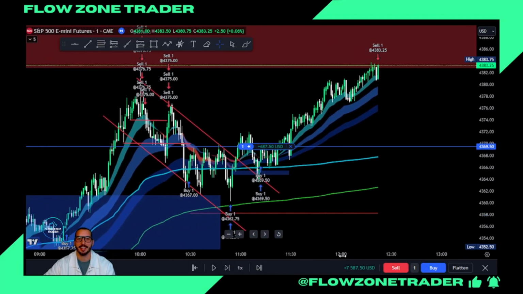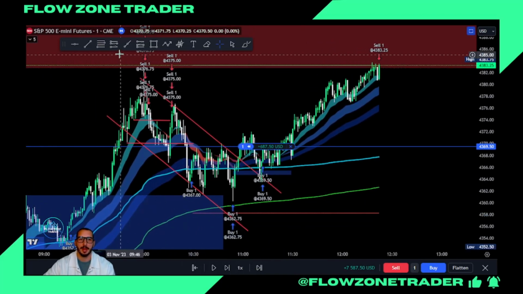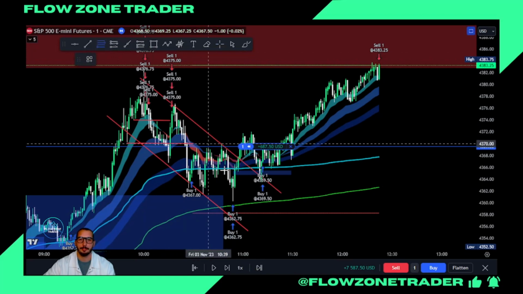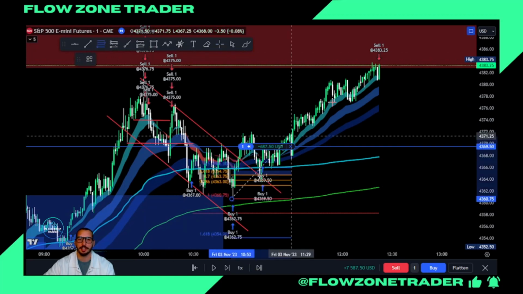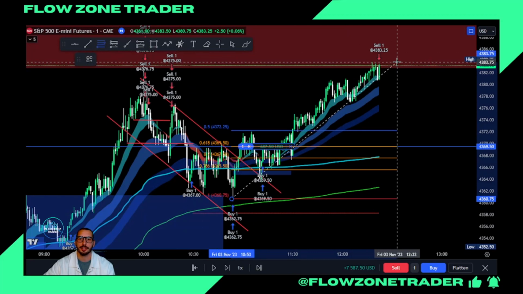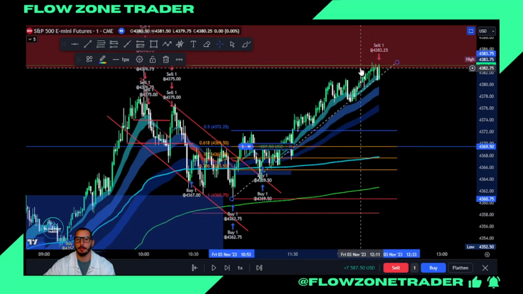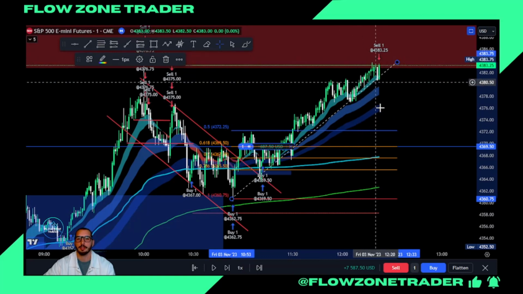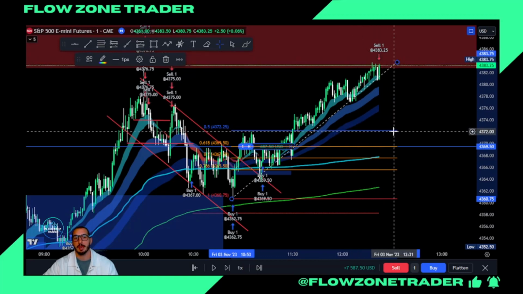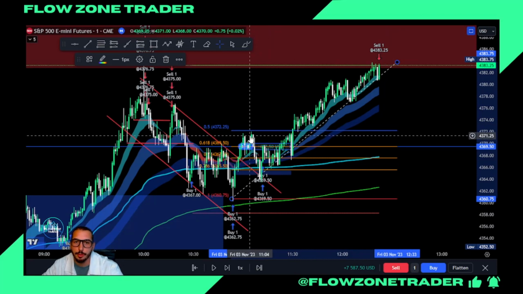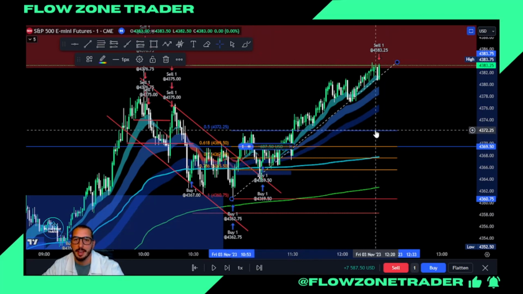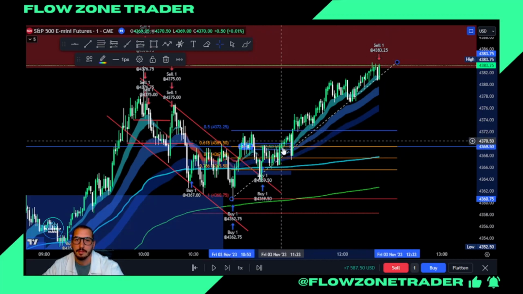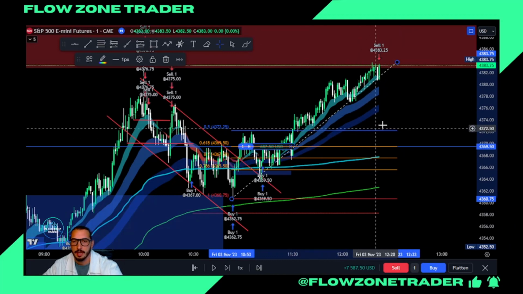Okay, so now we need to be careful about a pullback because we've just done a breakout. Okay, we've just done a break of structure. We know when we do a break of structure, the market is probable at some point to do a pullback because you don't want to buy high. Okay, you want to buy low to go high. So now the pullback may be towards 72, which is also this level that we just broke out from. So you notice we did this kind of W, broke out, retest, then grind up.